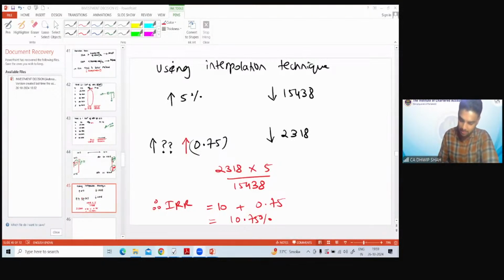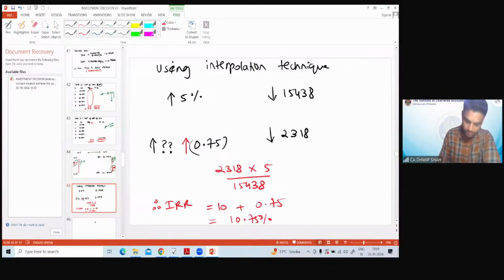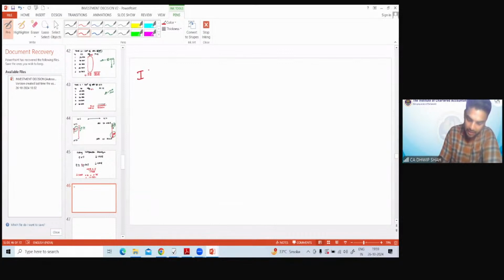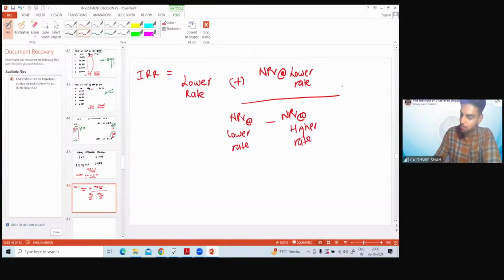The formula of IRR is: IRR is equal to lower rate plus NPV at lower rate divided by NPV at lower rate minus NPV at higher rate, multiplied by higher rate